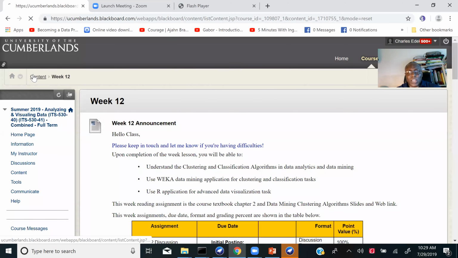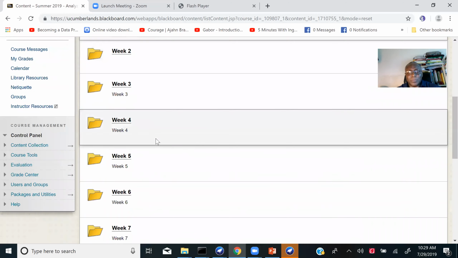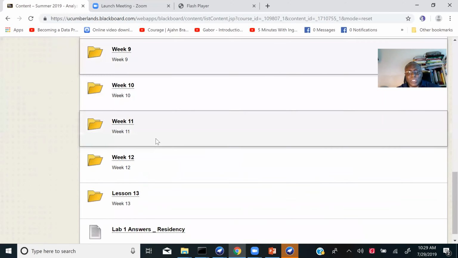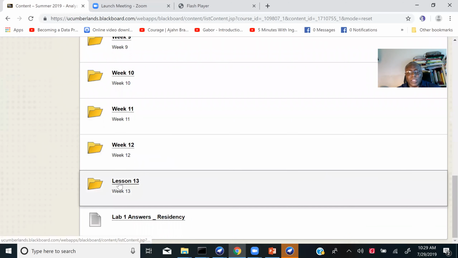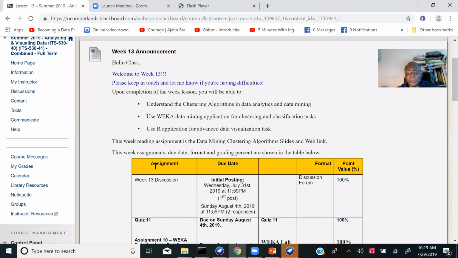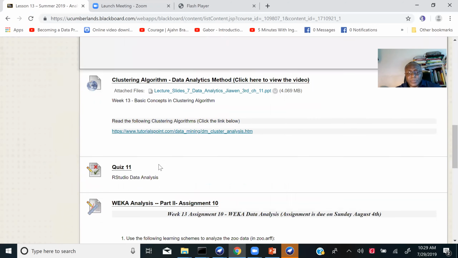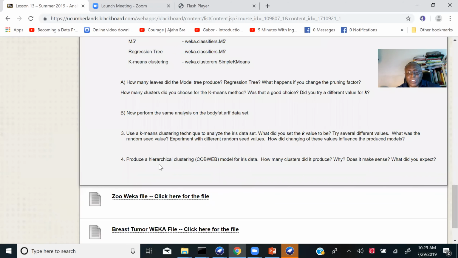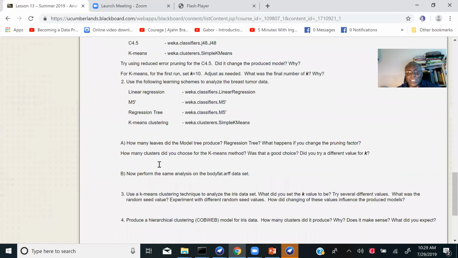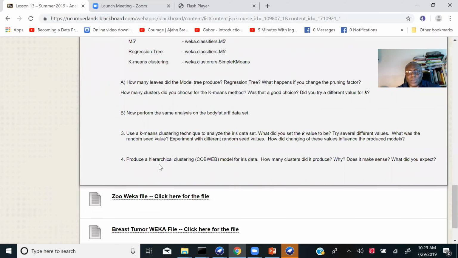So when you download and install Weka, go through the directory where you installed it, and you should see the data folder. When you open the data folder, you see all these data there. So that's the assignment. Again, the steps are everything the same as last week. Only this time we are doing a different analysis, different data sets.